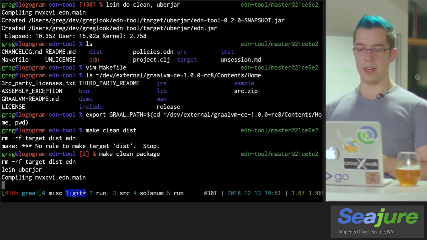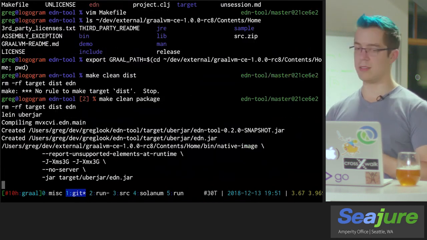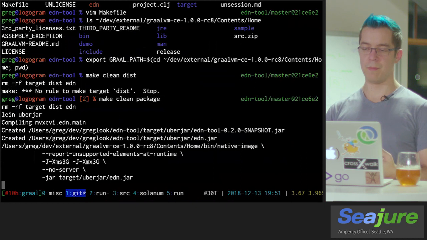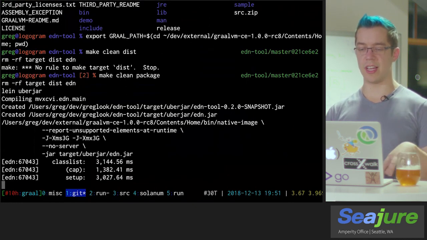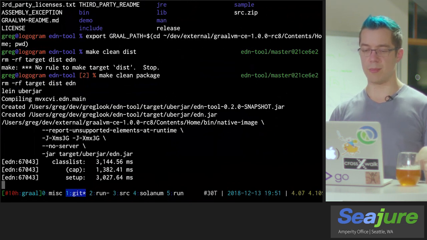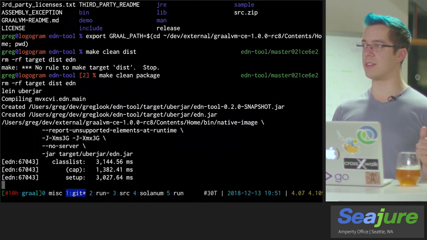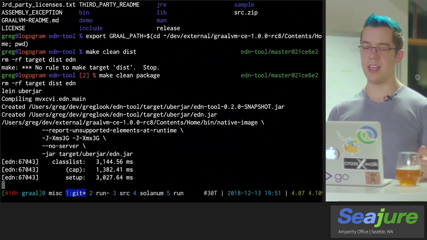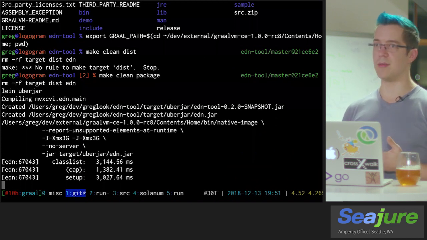So, what is Graal doing when it makes this native image? Well, I already talked a little bit about how it traces your program behavior. Another thing that it does is tree shaking, so it figures out what parts of the JVM you actually need and what classes you wind up loading, because it will actually fully load your program's state at initialization time and freeze a snapshot of the heap and embed it in the native image.